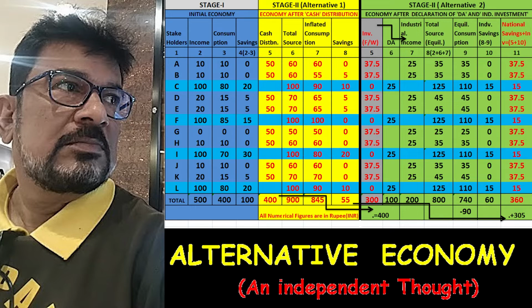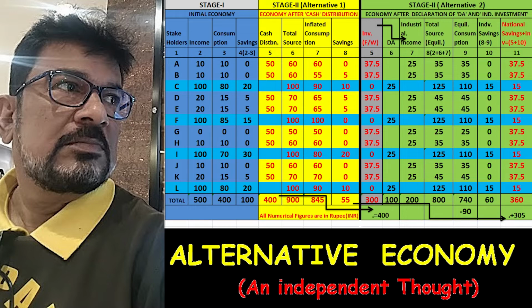That is, the total of column 5 and 6 is 400, which was the same as column 5 of stage 2 alternative 1, that is 400 cash distribution there, and in alternative 2 instead of direct cash distribution 300 has been invested in fixed or working capital, and 100 has been distributed as DA to the stable income group. So the total is the same, 400. And now what has happened? By investing